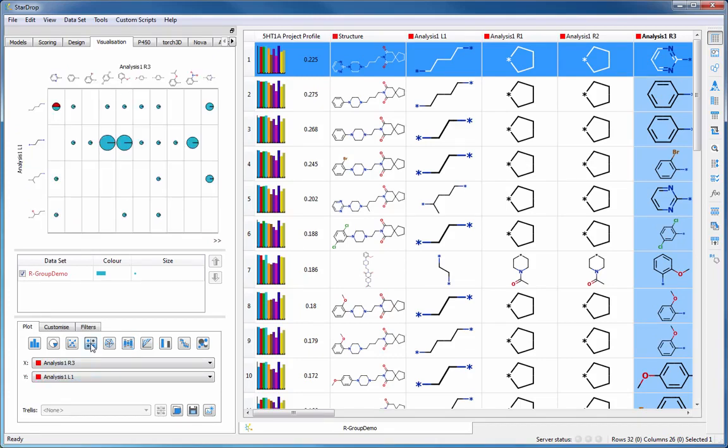Create an SAR plot by clicking its button on the Visualization tab and choose Analysis 1R3 from the X drop-down menu and Analysis 1L1 from the Y drop-down menu. This will display an SAR table of R3 against L1. You can colour the SAR plot by different properties. For example, to colour the plot by the 5-HT1A affinity pKi values in the dataset, click on the block of